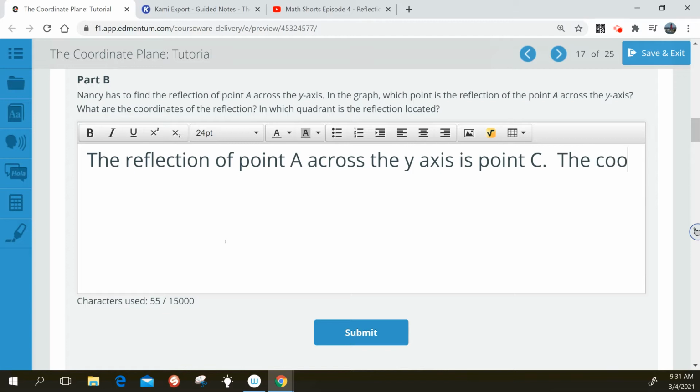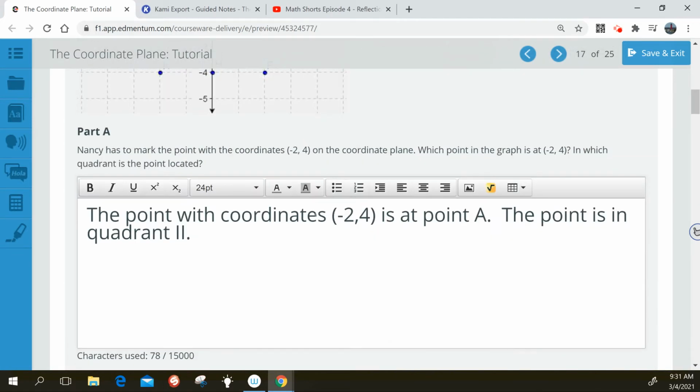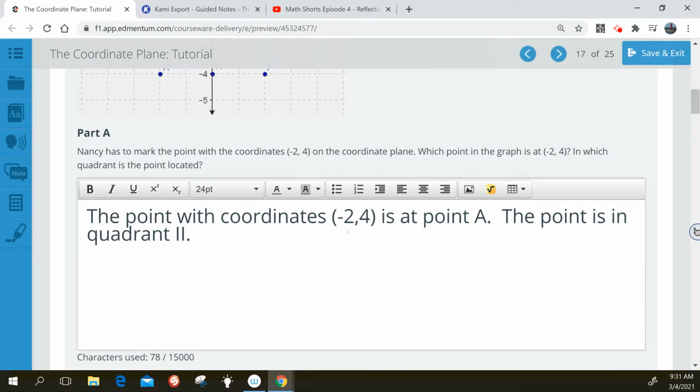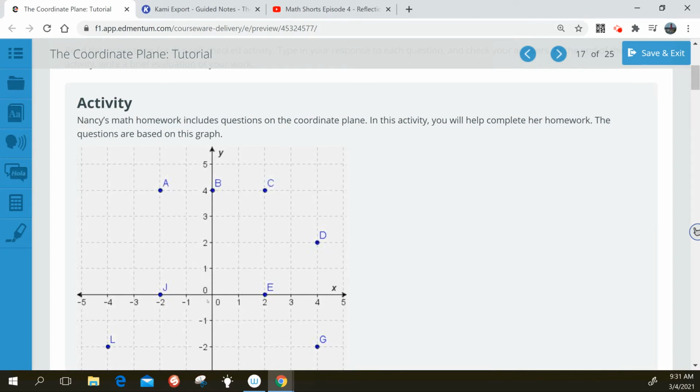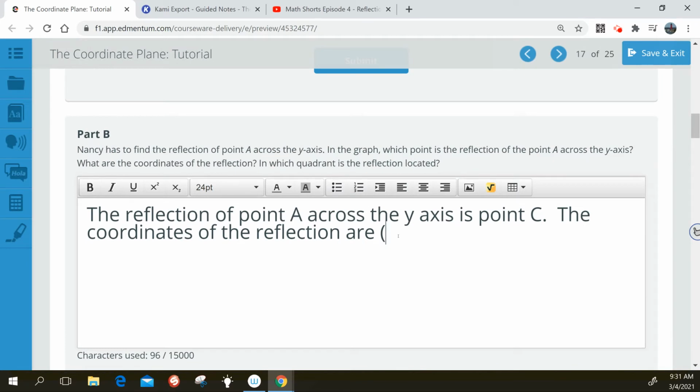The coordinates of the reflection are, and we want to look back at that. I can actually see that the coordinates are going to be, if it's across y, then the x should change. So it should be 2, 4. Let's see if it is. Over 2, up 4, right? So part B, it's 2, 4,